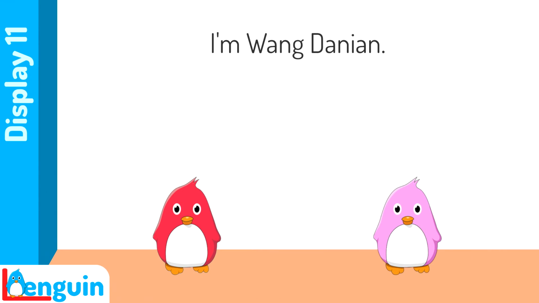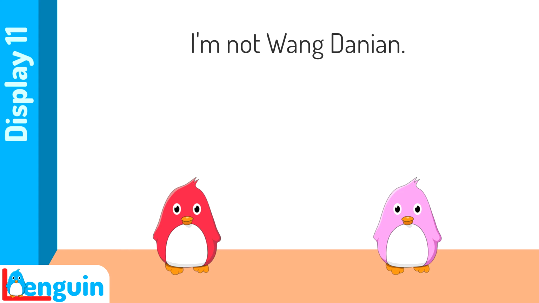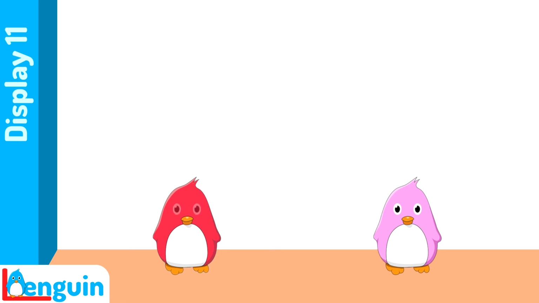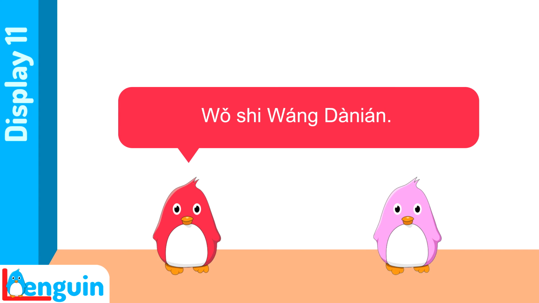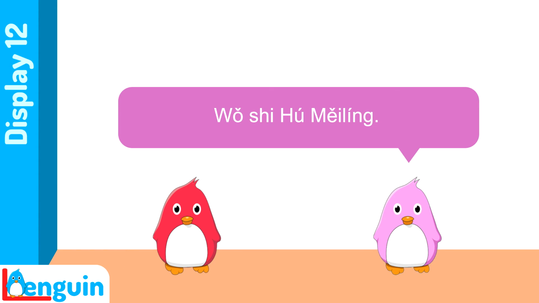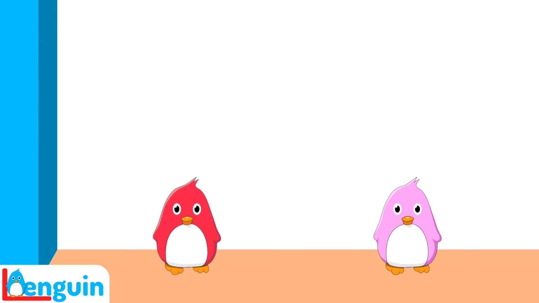Let's compare a statement with its negative. Listen, I'm Wang Dànián. 我是王大年。 I'm not Wang Dànián. 我不是王大年。 Here it is live. 我是王大年。 我不是王大年。 Here's another comparison live. 我是胡美玲。 我不是胡美玲。